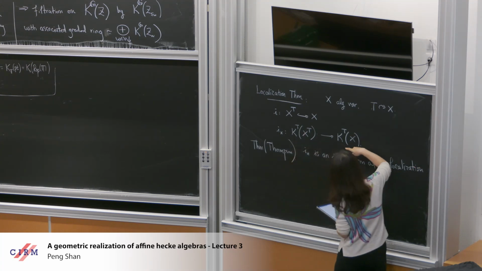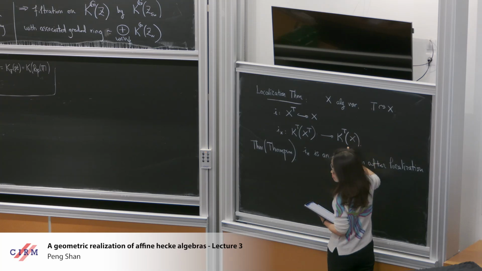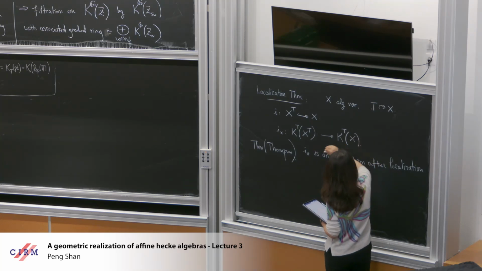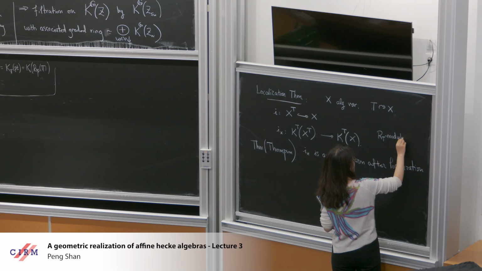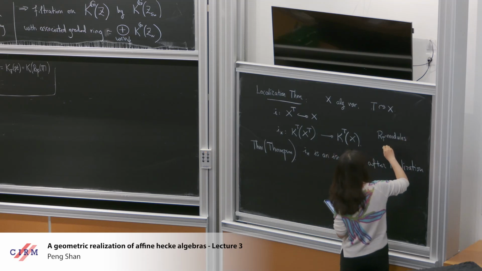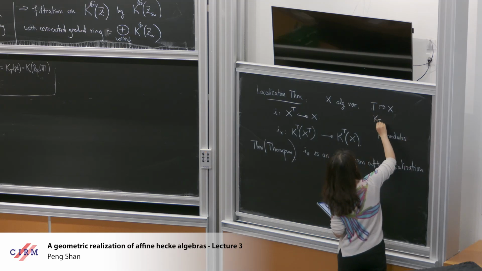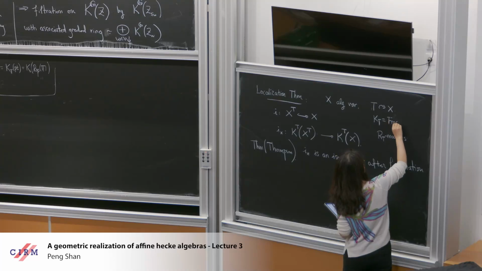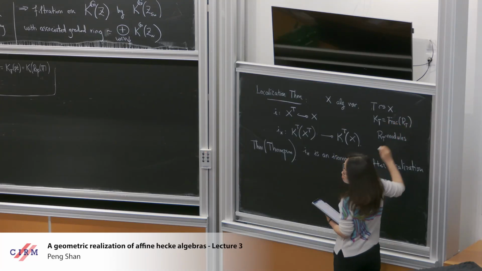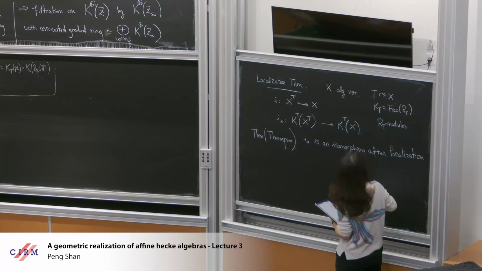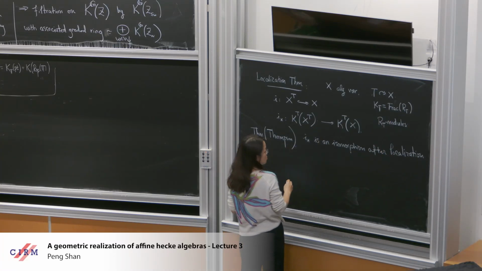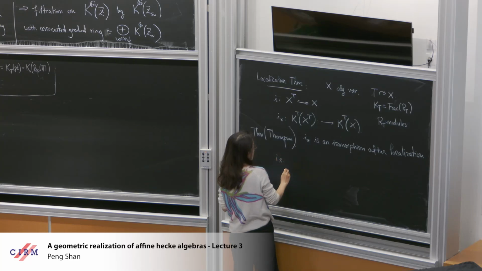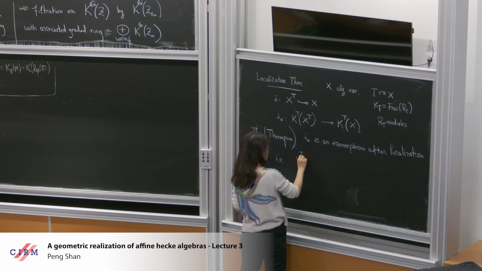In this setting, both are modules over RT in the proper sense I just explained, so this is a morphism of RT modules. We let KT equal the fraction field of RT. Localization means you just base change to KT, i.e. the map from KT of X^T tensor over RT